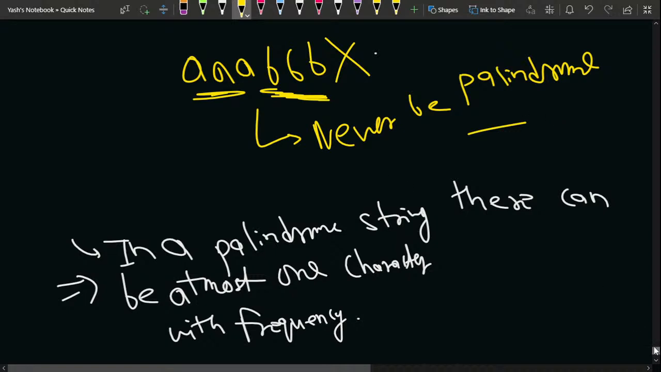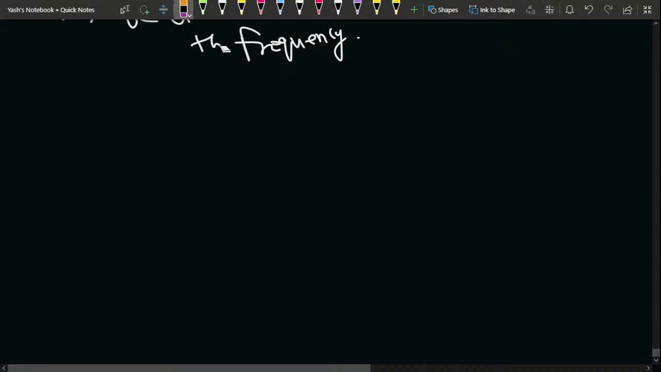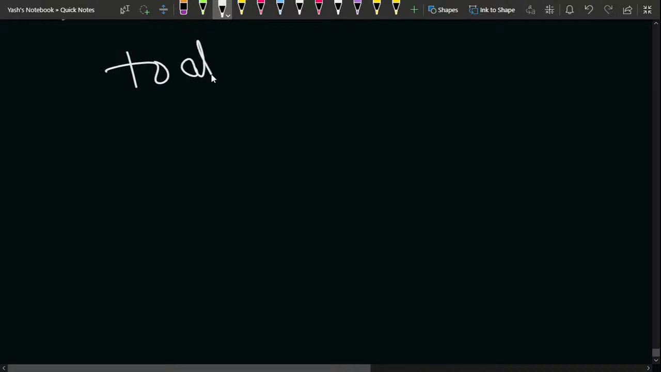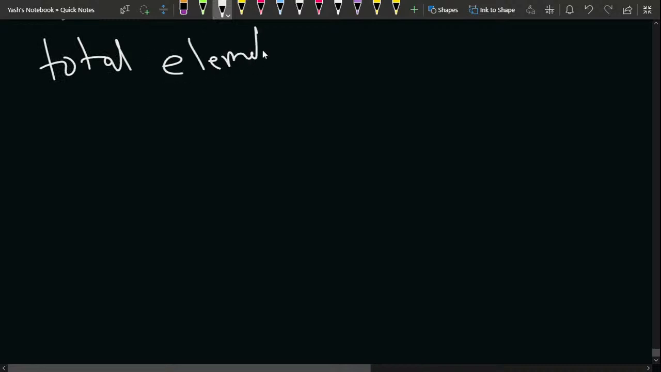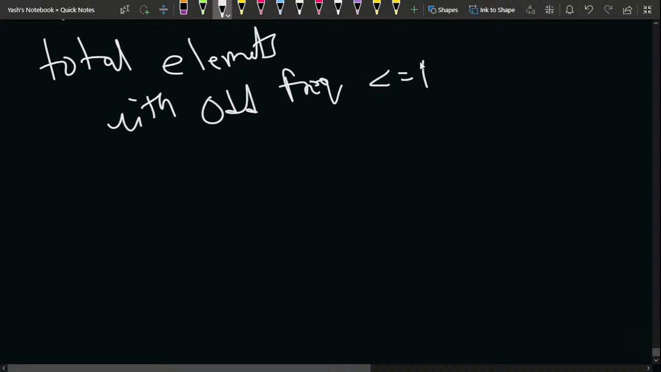Now let me say the first player is starting. This much part is clear. Now if the total number of elements with odd frequency is lesser than or equal to 1, that is, if there are no elements with odd frequency or at least one element with odd frequency, then in that case, since the first player is starting,